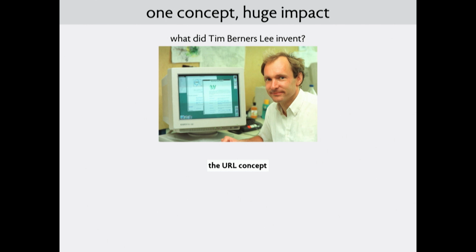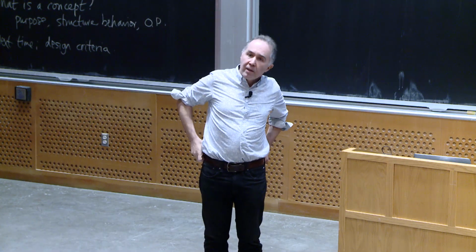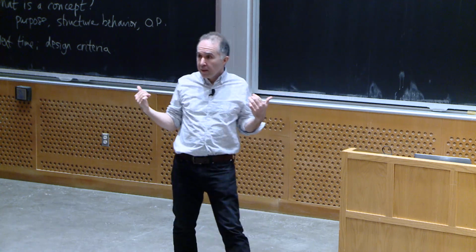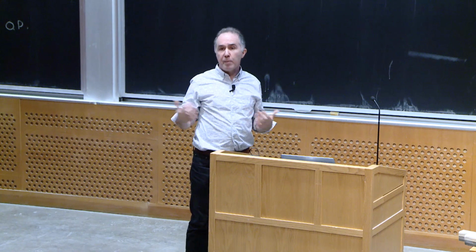And then what he does is he basically makes the web by combining links to URLs in documents that use this notion of markup. And so I claim the web is really just these three things: it's linking, it's HTML documents and similar things, and it's URLs. But the linking part and the markup part, those pre-existed. People already knew how to do those. There was SGML and many markup languages that preceded HTML, and hypertext had been going on for almost 50 years. There were many implementations of hypertext.